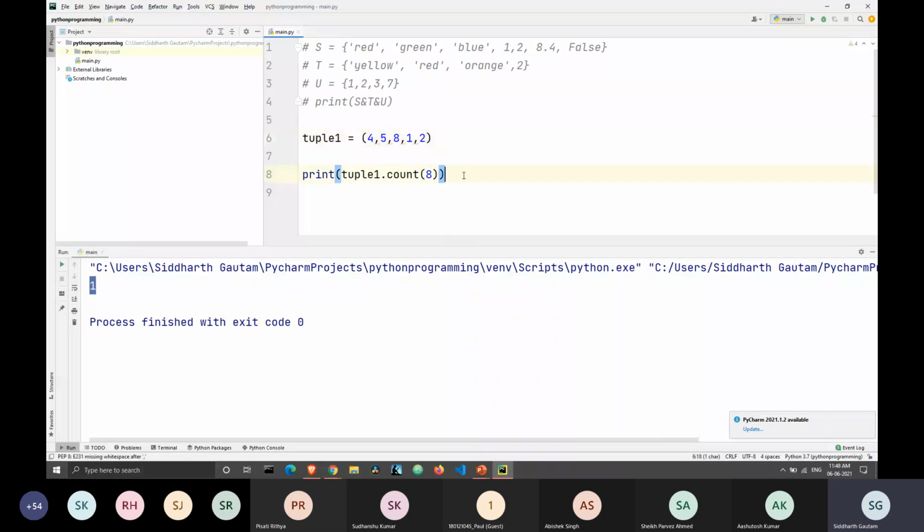But if I enter multiple 8s here, now I have four 8s inside of the tuple. And when I print this, I get the output as 4. So the count method just tells me how many times an element is repeating inside of a sequence.